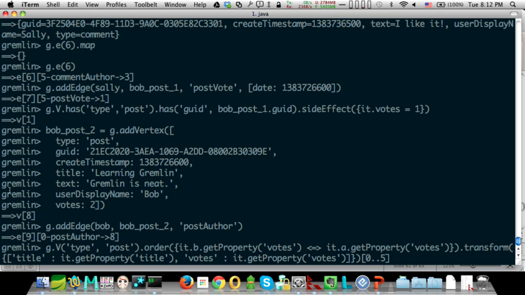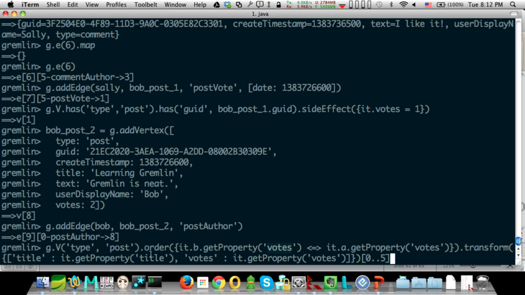So here we're starting with all the posts. And then I'm going to order them, and then here's where I get a groovy comparison closure, where A and B, and IT, are special variables inside this groovy construct, and then you can do this comparison off of the votes. And so if you want to do ascending versus descending, you just switch the A and B.